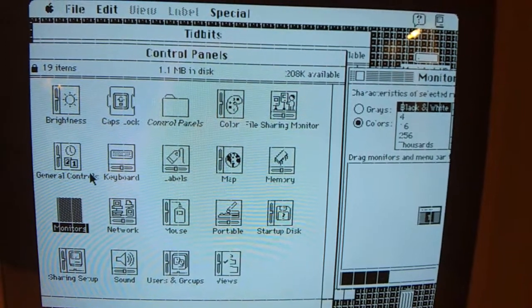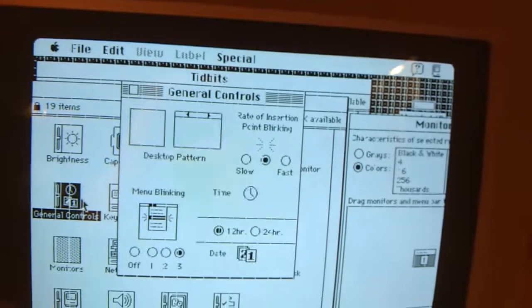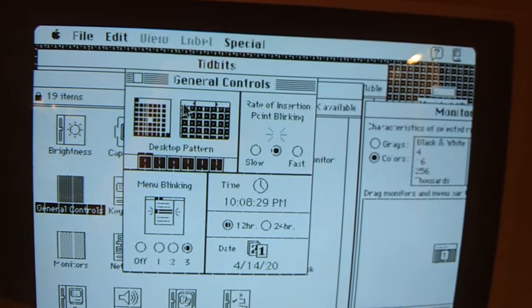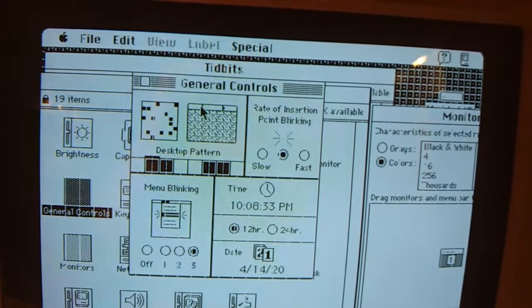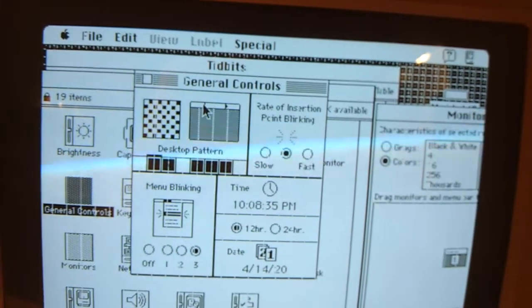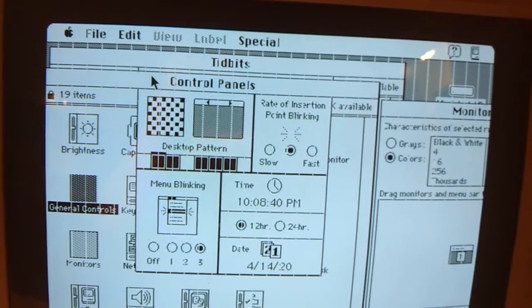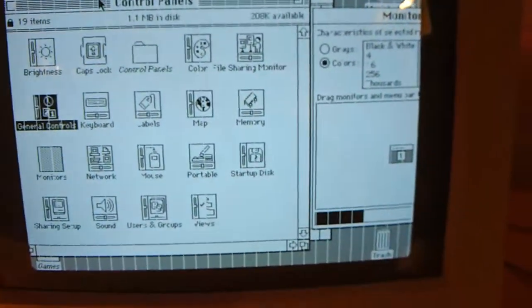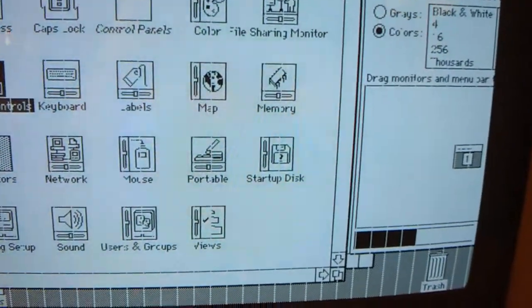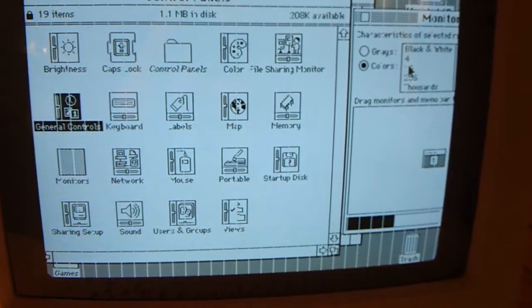Let me actually do something here. Let me open up general controls. I have a floppy disk in here, and I'm running these control panels off the floppy, and you'll see why I'm doing this in a minute. I'm thinking there's still a power supply issue with this, because if I have this thing set to 16 colors,